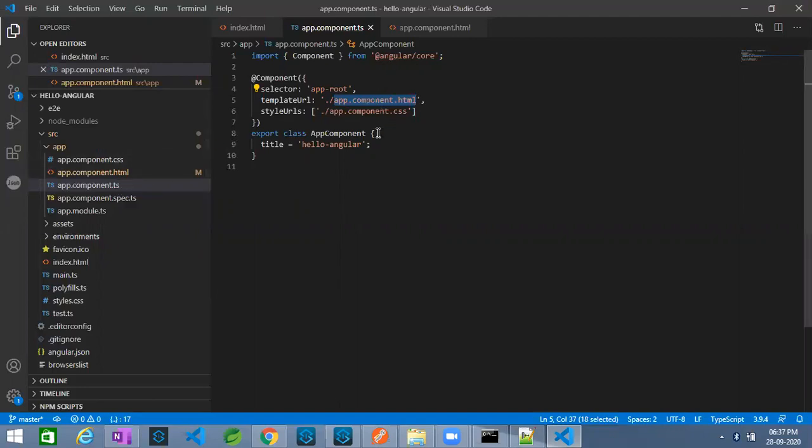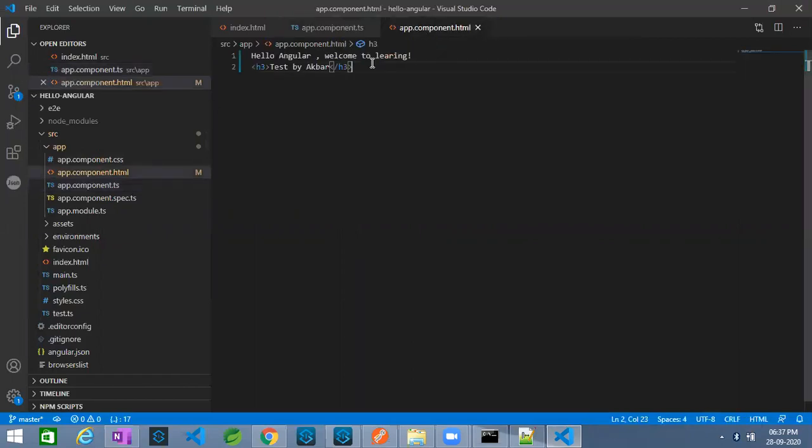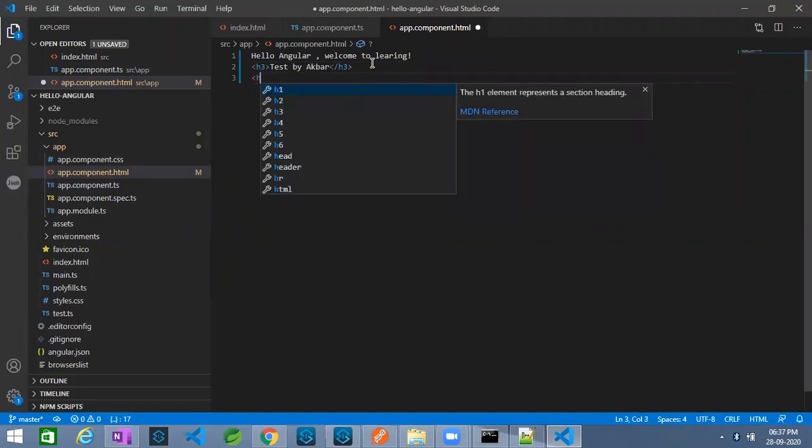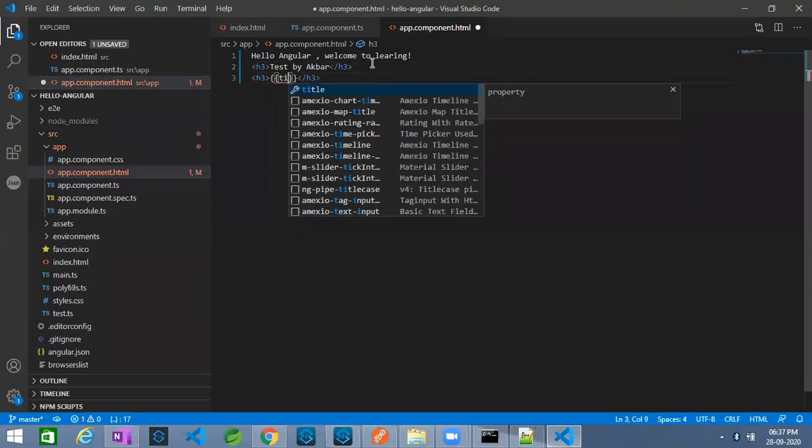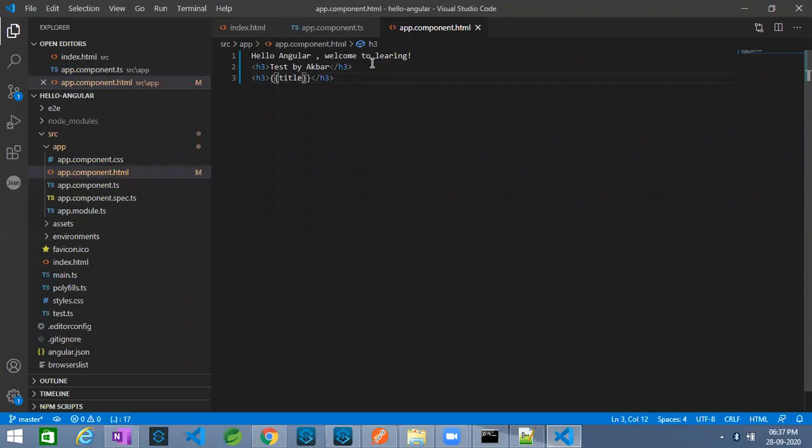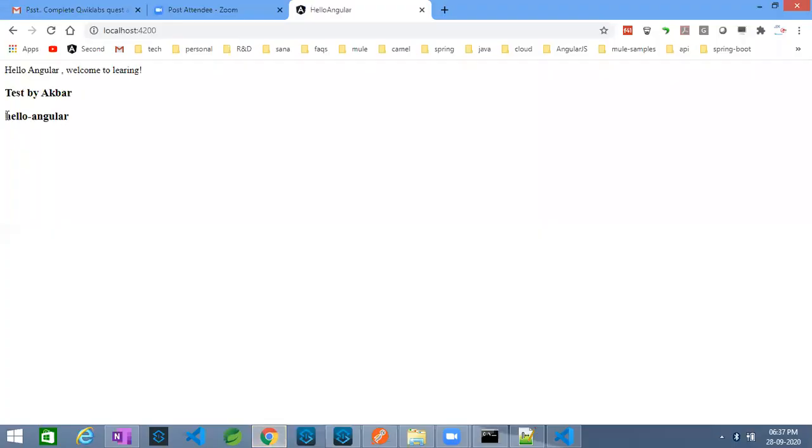And one more thing. Suppose example, your component is providing the data to your HTML. What does it mean? There is one more H3 tag. See, title. You are getting Angular. Hello, Angular.